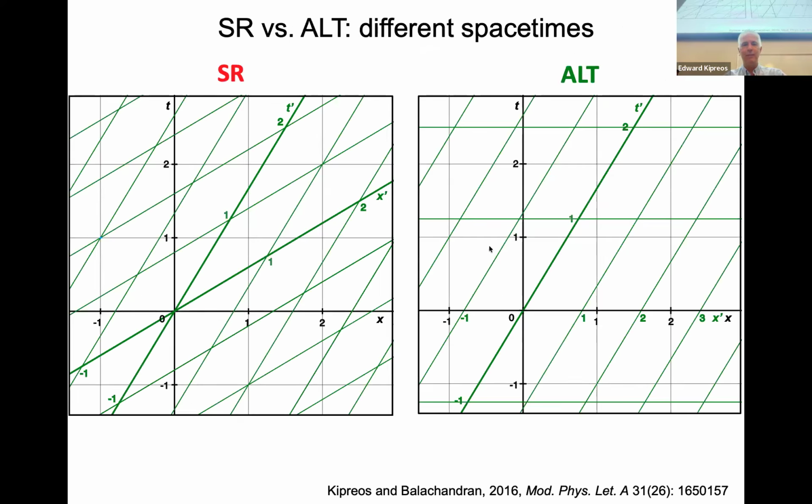So we actually, me and my collaborator Riju Balachandran, we actually had the first full plotting of this alt. Before that, there was just only one paper that had like 3 lines, 1, 2, 3, and we couldn't understand that. So we plotted it out, and we had the first publication of that. So what you can see is that for alt, the x prime axis and the x axis both overlap. And because they're both horizontal, all of these times are also read off horizontally.